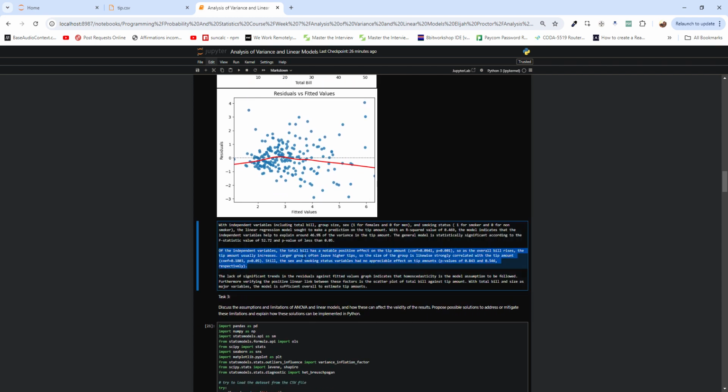Our report here. So our linear regression model is aiming to predict tip amounts using total bill, group size, sex, and smoking status as our independent variables, and our model explains about 40% of the variation in tip amounts, as shown by our